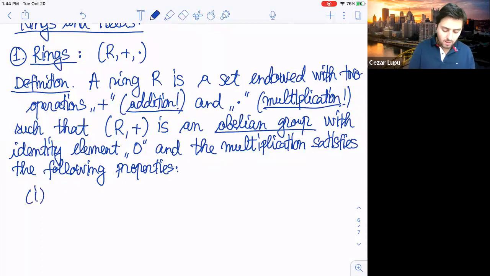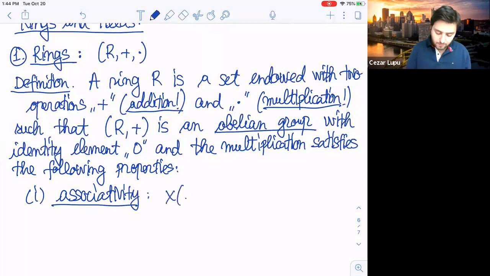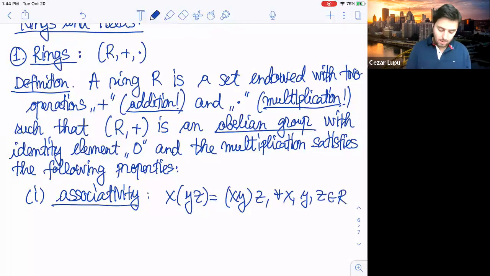The first one is the associativity. And this says the following: (xy)z is the same as x(yz) for all x, y, z in R, right? And the second one is distributivity,